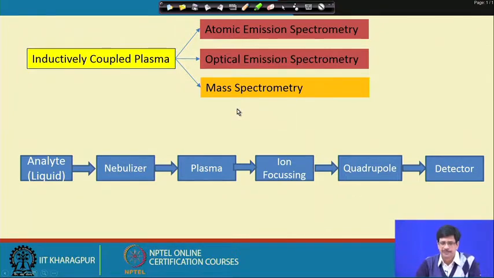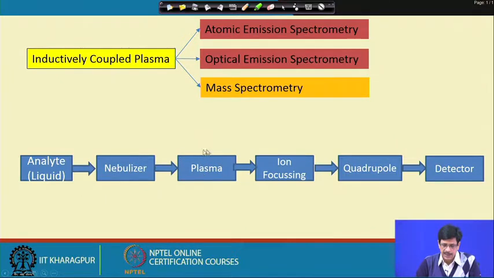It also works as a quantitative method, on well calibrated reference standards with concentration ranges. Here the analyte, that is our leachate, is injected into a nebulizer where it is converted into an aerosol, and then introduced into a plasma, which is created in an environment of argon by raising the temperature to almost 7000 to 10,000 Kelvin, and by a combination of the proper radio frequency that you can generate in the instrument.